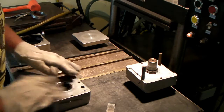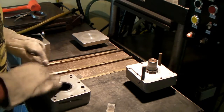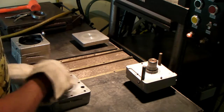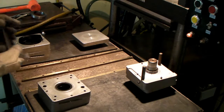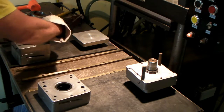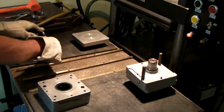This looks good here. Now, if you rub this flash around the outside, that kind of saves you having to trim it off with scissors later. So a lot of times you'll see me rubbing something before I take the part out of the mold. I'm just trying to make it easier to get the flash off. Now I pry this one open,